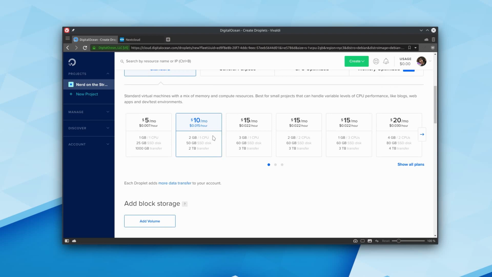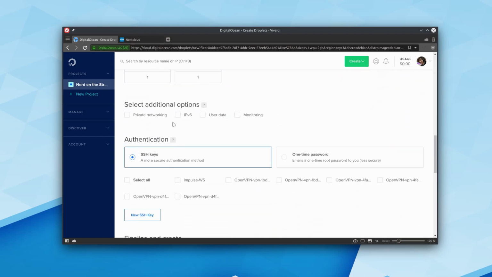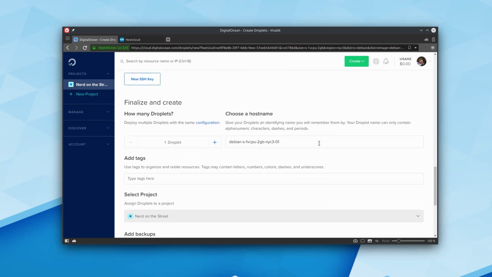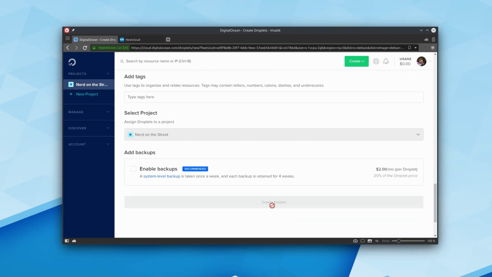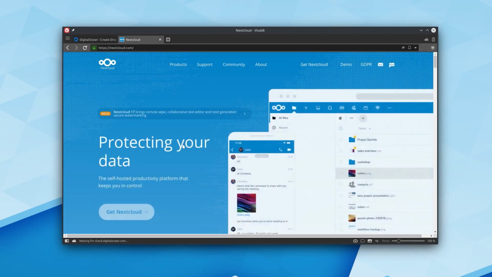Nextcloud is fairly good about not using a ton of resources, but it can be a little bit slow on just 1 gigabyte of RAM. So we'll spin this server up in New York. I'll go ahead and add my SSH key since I've got it on my account, and we will call this server Nextcloud server. We'll start creating that droplet, and we will also need to find the download link for Nextcloud